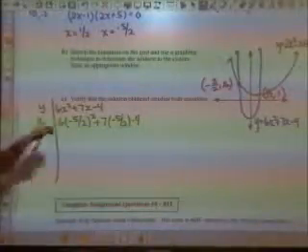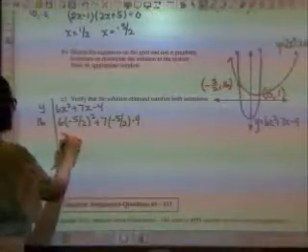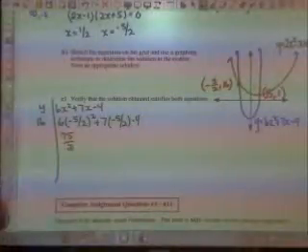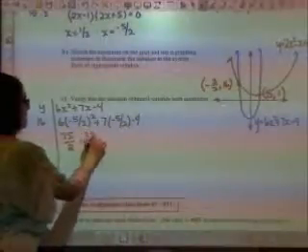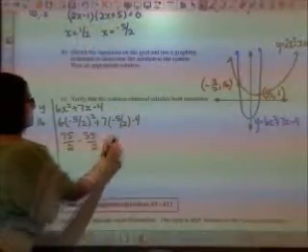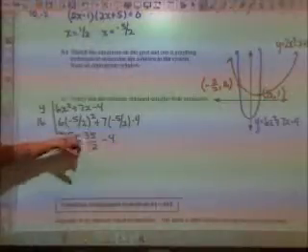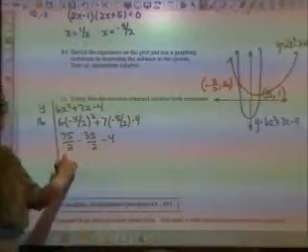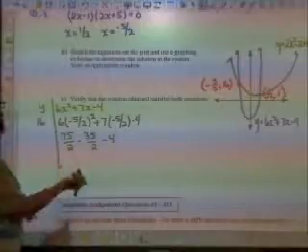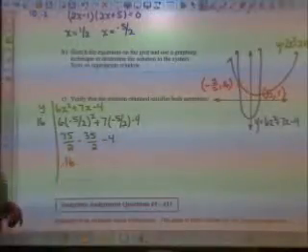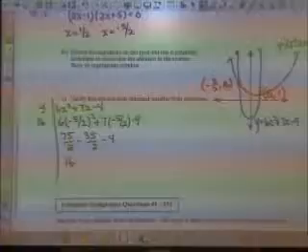Let's see, 5/2 squared is 25/4. 25 times 6 is 150, right? So 150 quarters becomes 75/2 minus 35/2 minus 4. So 75/2 minus 35/2 is 40/2, which is 20, and 20 minus 4 is 16, which